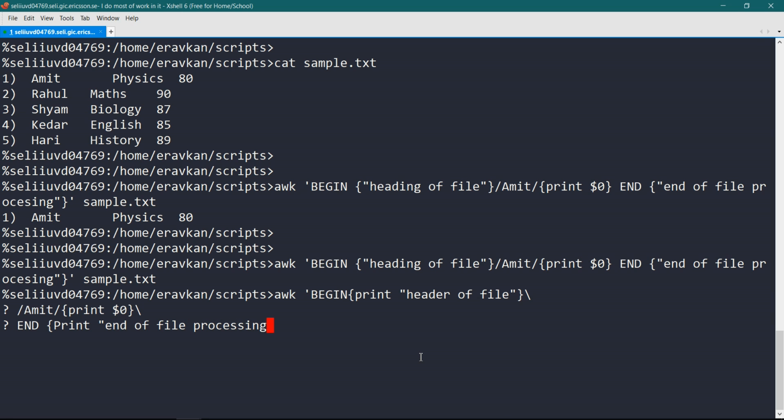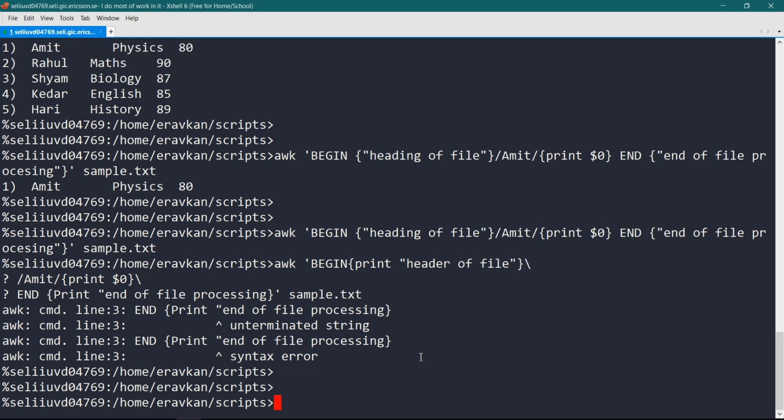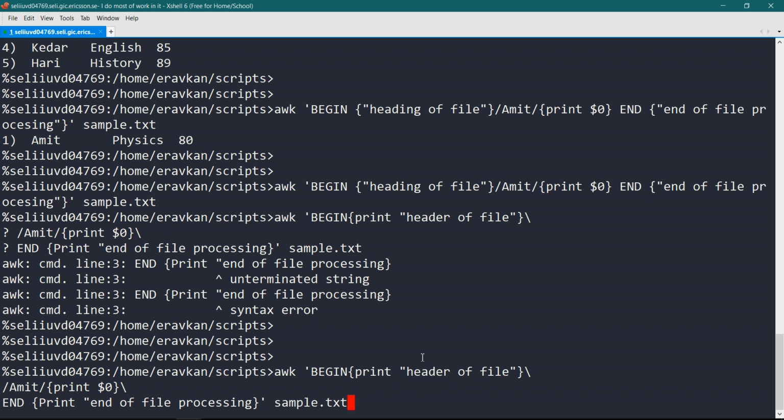File processing, here you end it, then sample.txt. What happened? Print $0, print header of file, print end of line. Okay, I need to end it.